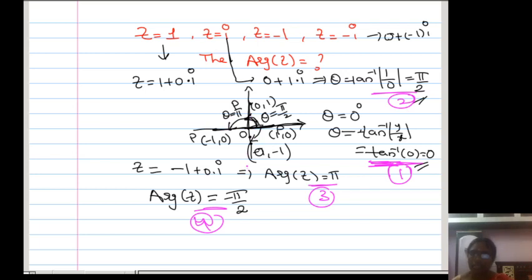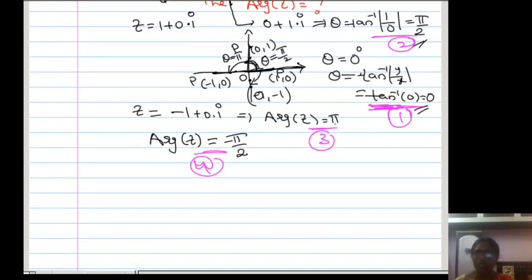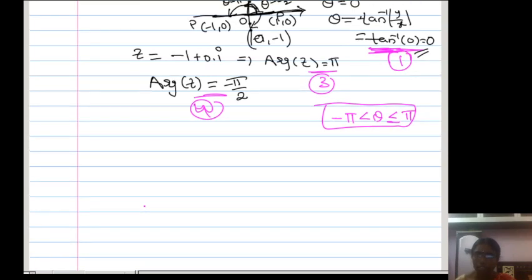So these things I explained. You can observe -pi by 2, 0, pi by 2 are all included in the principal argument of the complex number. I think I discussed the principal argument in the previous class, but it should include -pi less than theta less than or equal to pi. Here, instead of -pi, pi you can include. This is what I discussed.